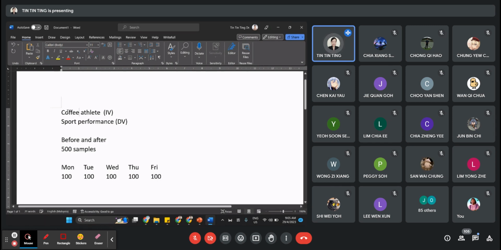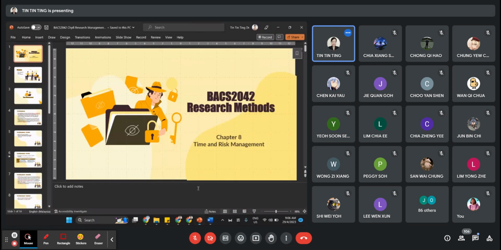So my IV is coffee consumption, and the sport performance will be my DV. I want to test whether sport performance will be affected by coffee consumption. So this is my IV, this is my DV. Then the so-called